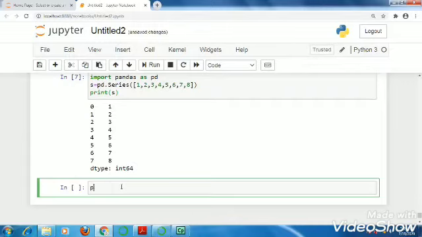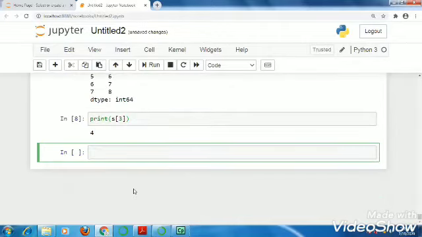So simply we can write print. This is your series, and you know how to write the index in square brackets. So s[3]. Suppose I want to change the value at the place s[4], and I want to make it s[4] equals s[4] plus s[3].